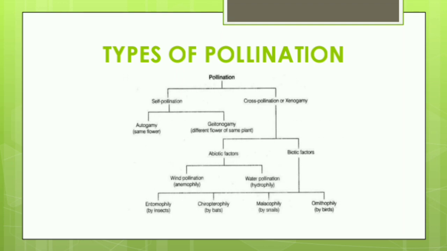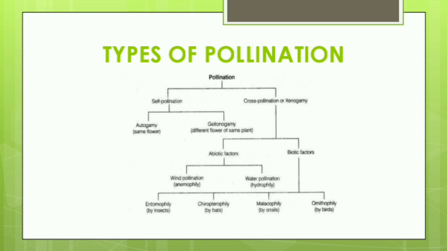Now, remember, not all aquatic plants use water for pollination. Okay, in a majority of aquatic plants like water hyacinth and water lily, the flowers emerge above the level of water. So, obviously, they won't be able to get pollinated with the help of water, and they are pollinated by insect or wind, as in most of the land plants.